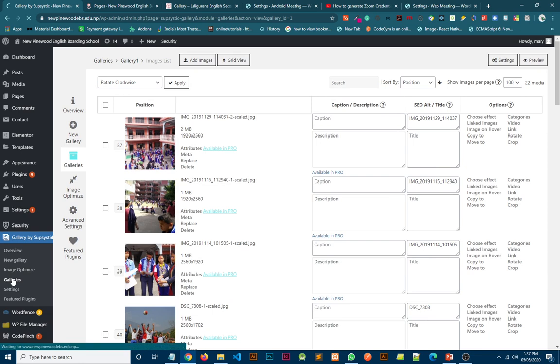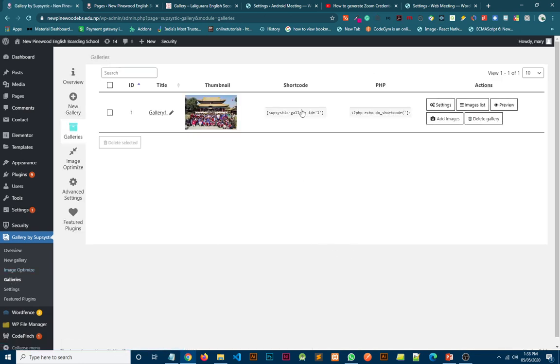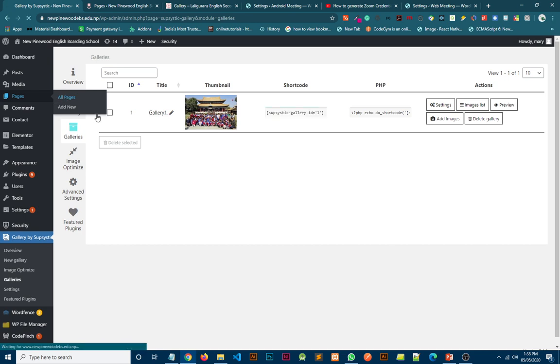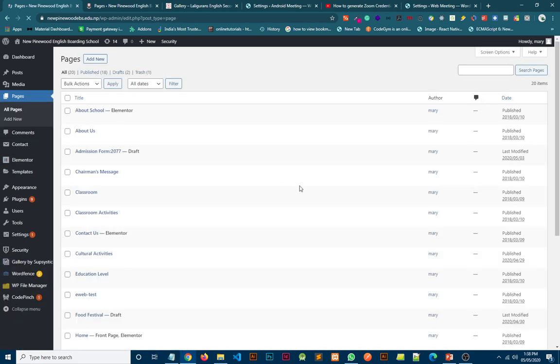Then go to Gallery, click here, copy this shortcode, right click and copy. Go to Pages, add new page.